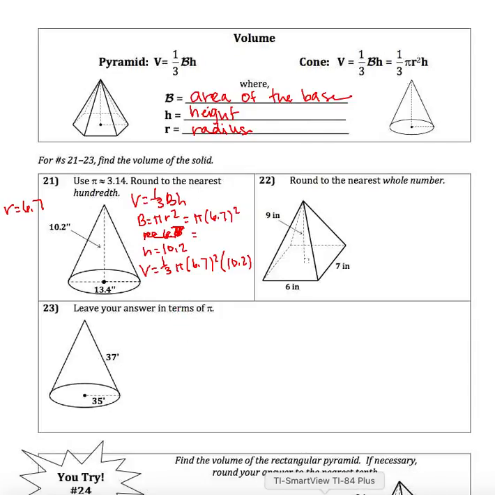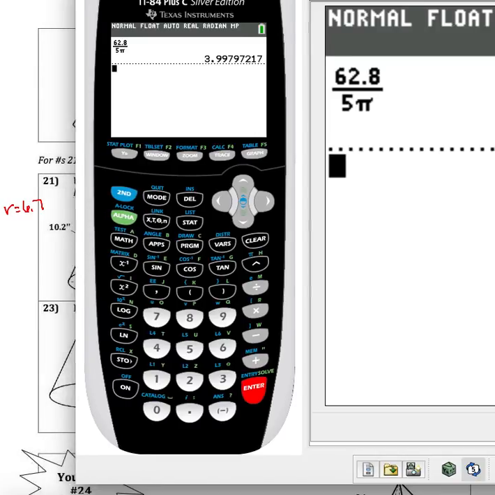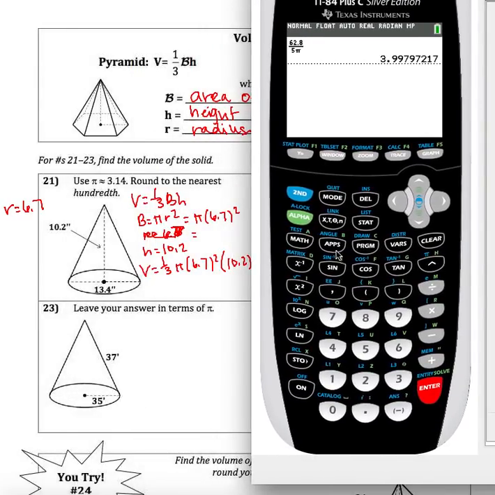So you would go to your calculator and you would do alpha y equals, to get your fraction, do 1/3. They ask you to use 3.14 as your pi, so we're going to replace pi with 3.14 in my formula here. Then I'm going to do 6.7, close my parentheses, and square it. And then I'm going to multiply it by 10.2. And this is all coming from this last line right here. So then once I hit enter, that gives me